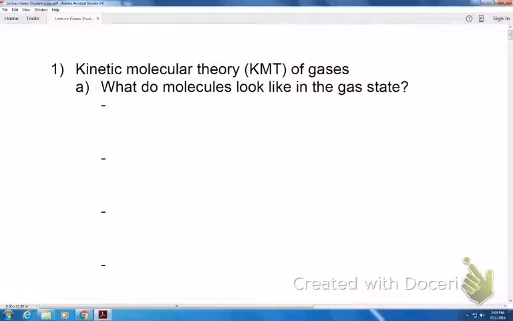Okay, so we're looking at kinetic molecular theory, and like all theories, it's a representation of what's real, but it turns out it's very accurate. So when we say gas molecules are always in motion,